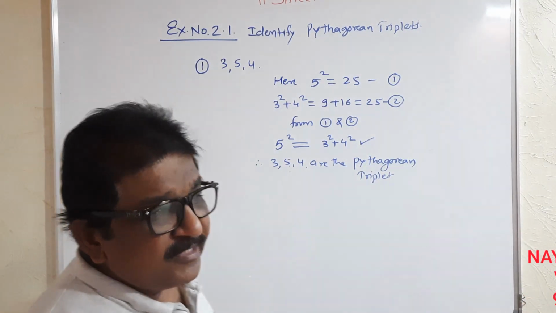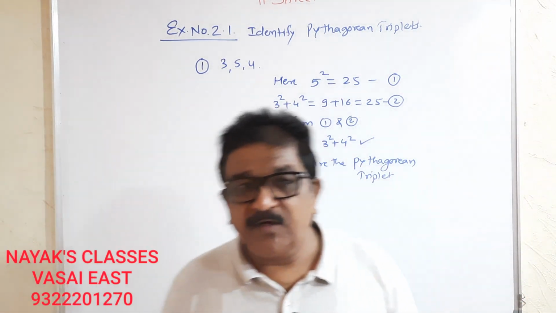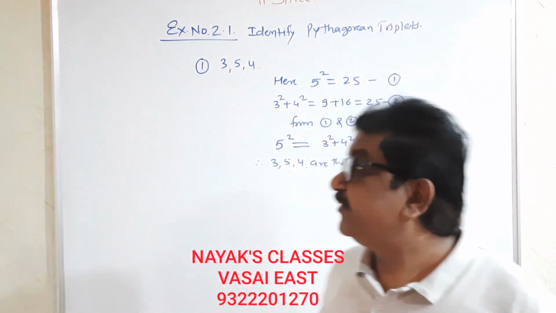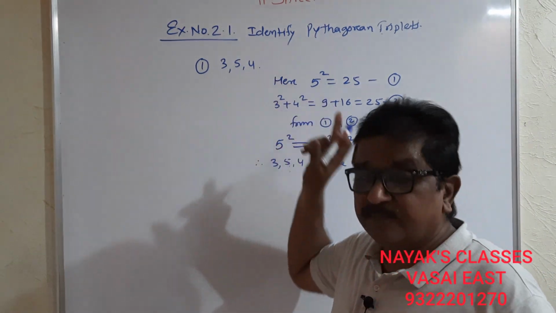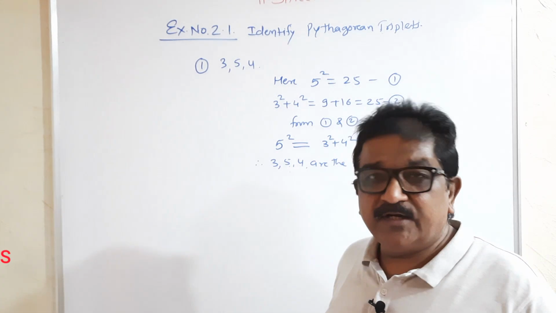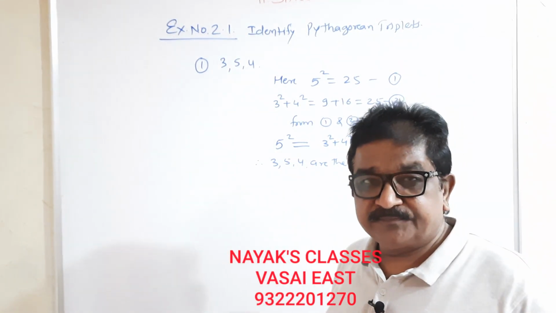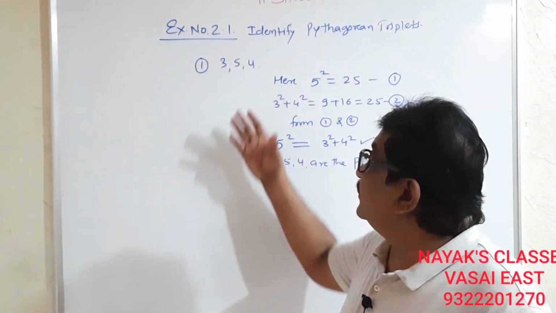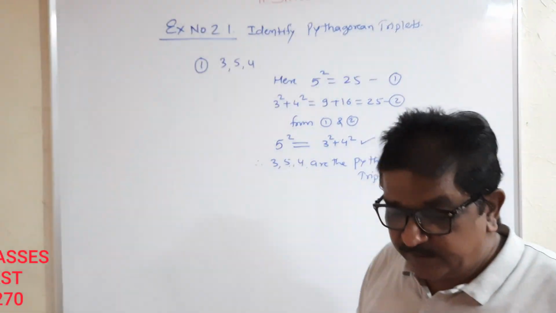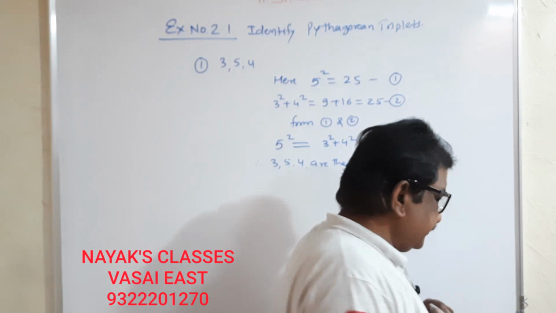Means by taking these 3 units, or any measurement depending on these 3 numbers, you can draw a right angle triangle. So this is a Pythagorean triplet. The second one,